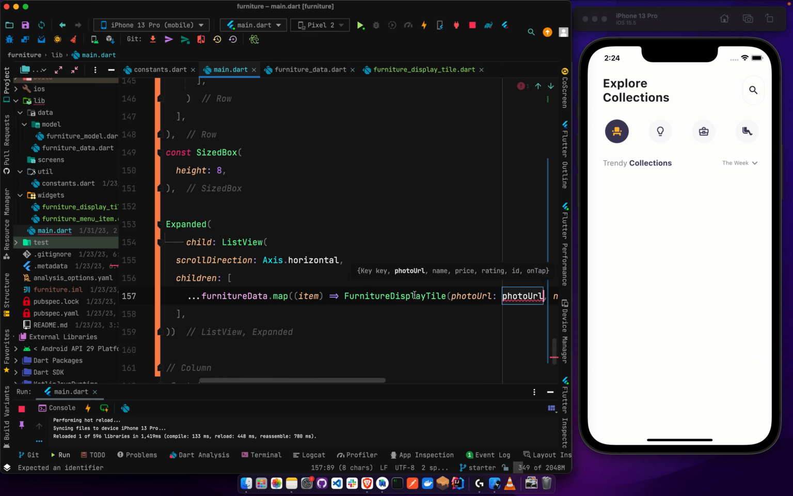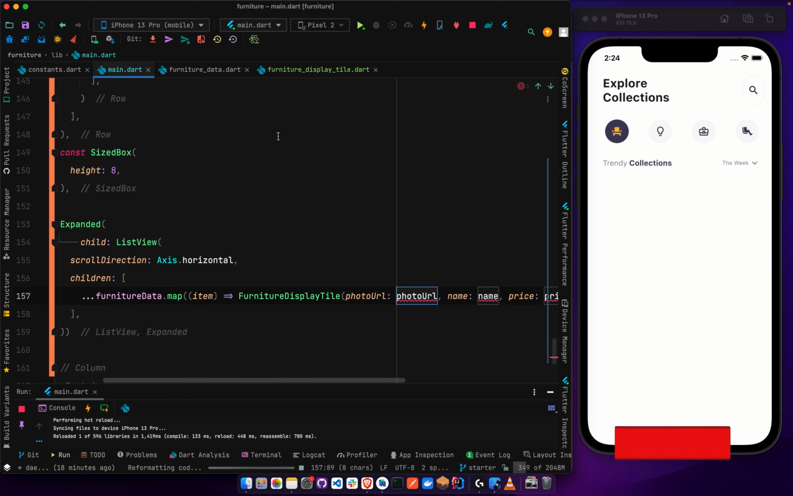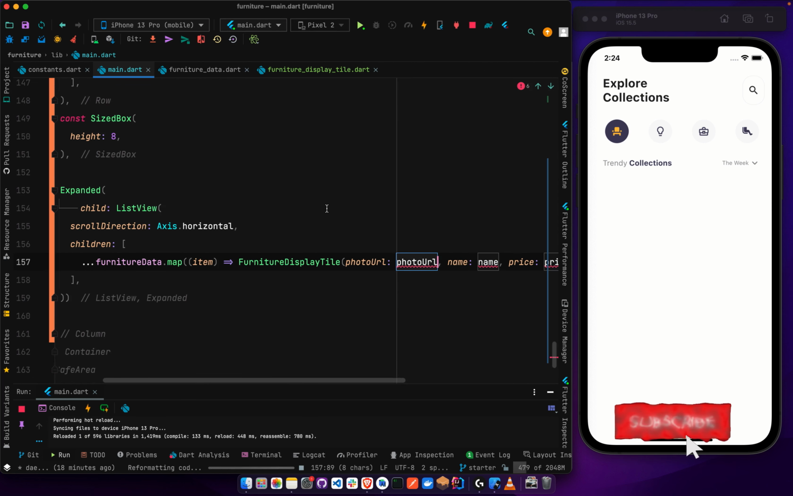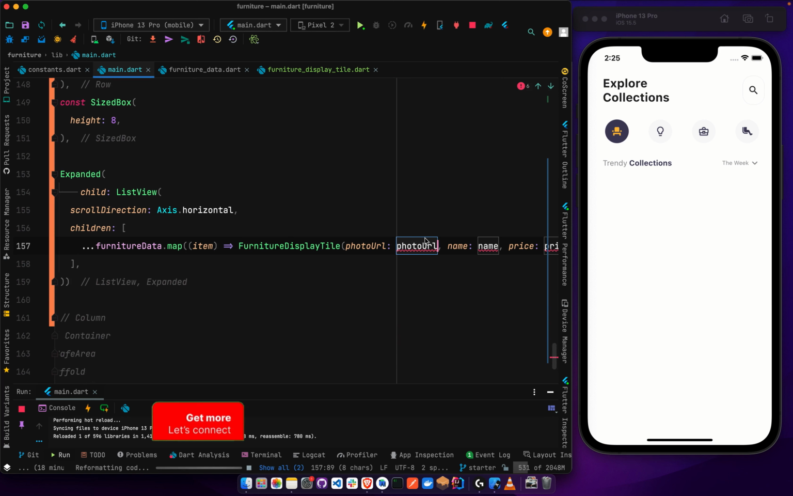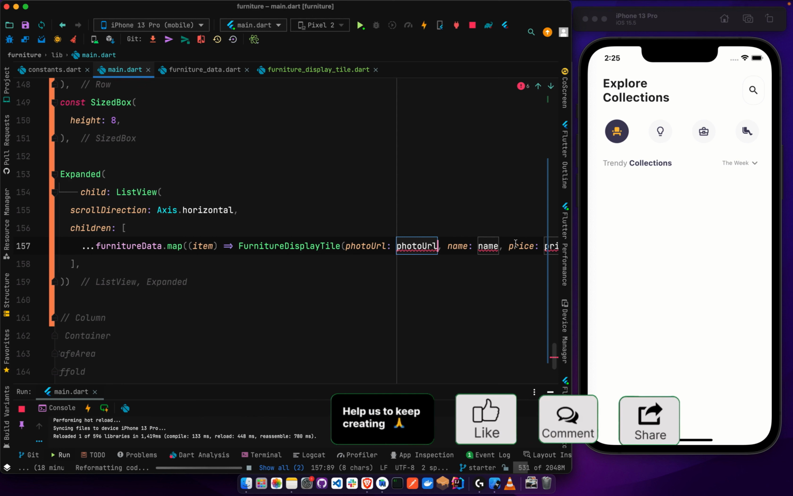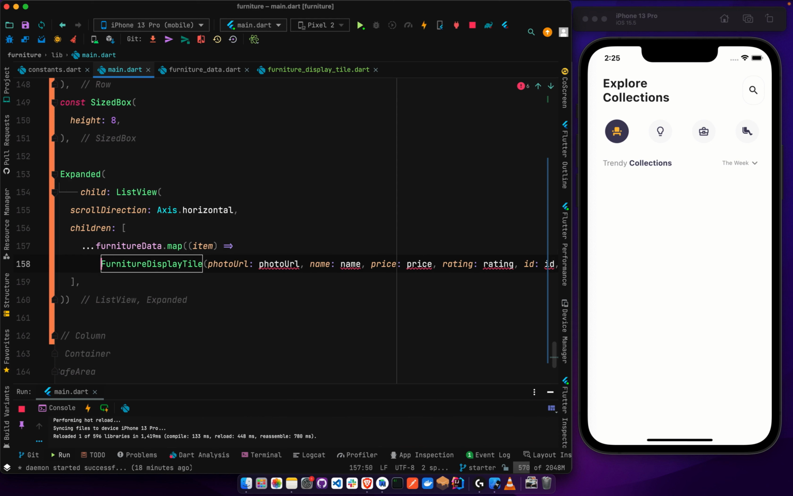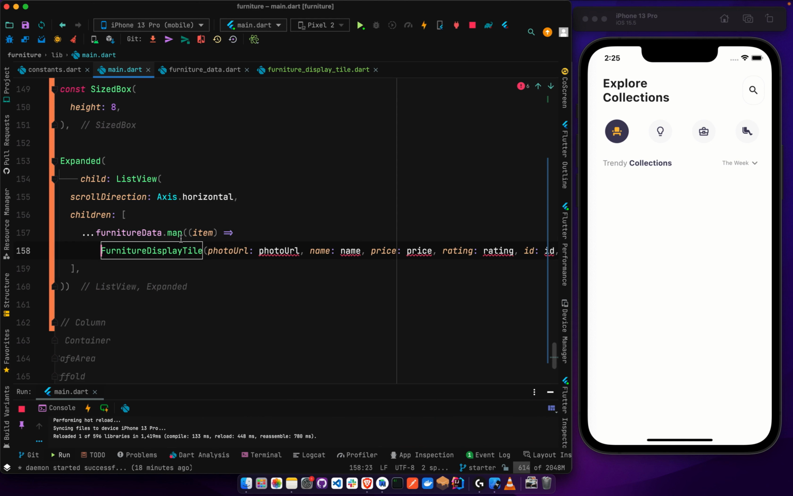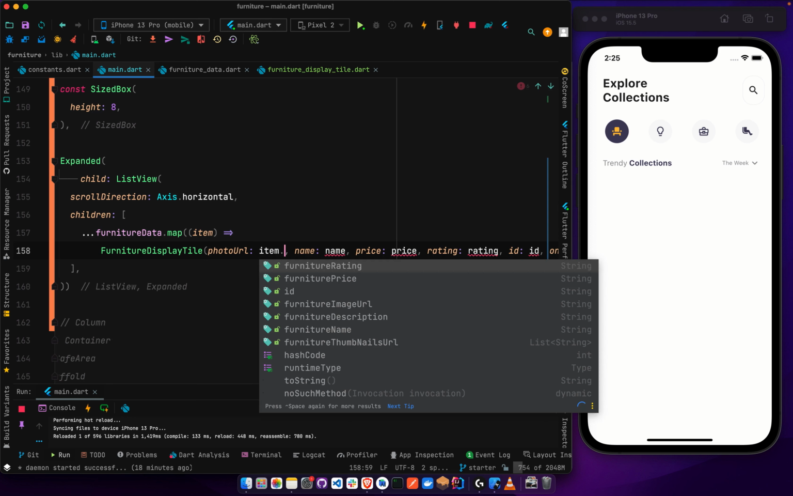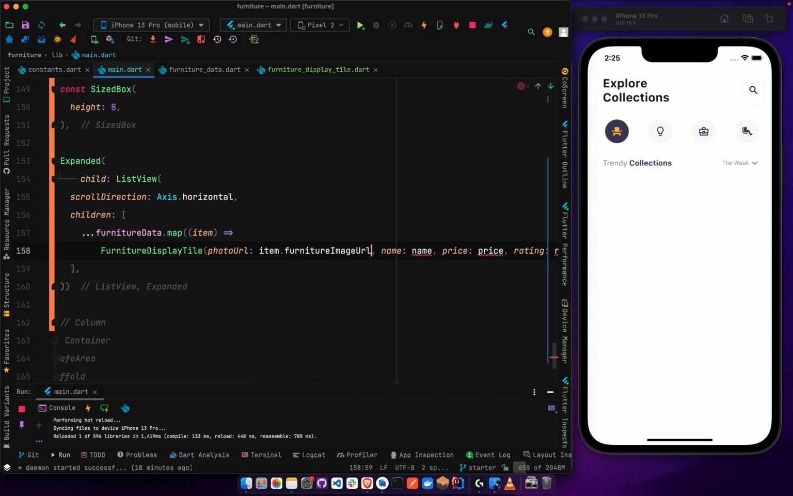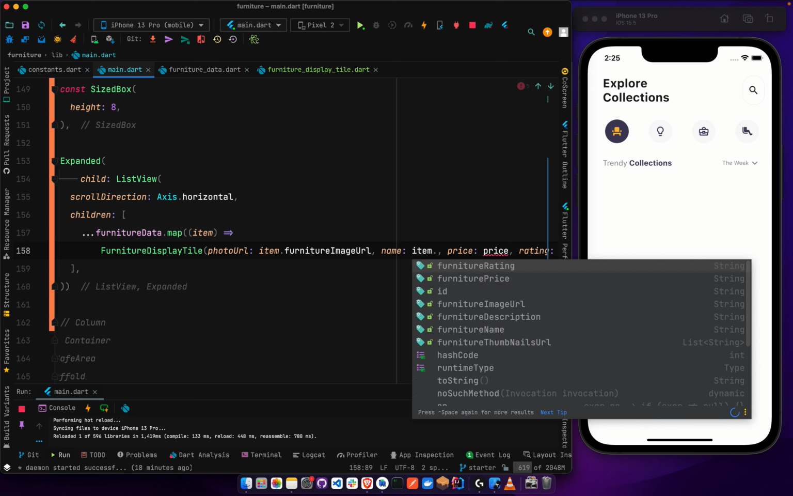Alright, so I'm going to format. Let me close this guy out so you can see. So we need the furniture photo URL, the name, and then primary color. So if you check, we're going to get the value from the item. So we're going to do item dot furniture photo URL, right? And then the name, item dot furniture name,